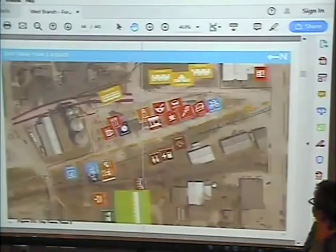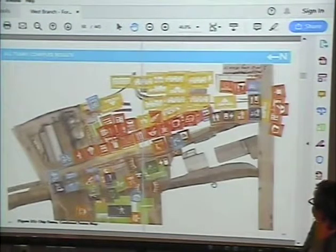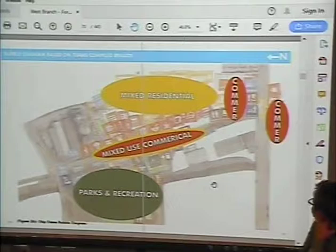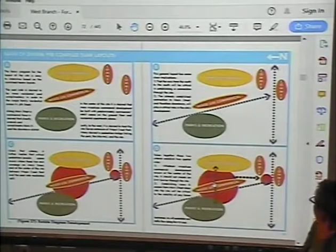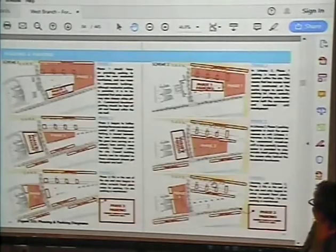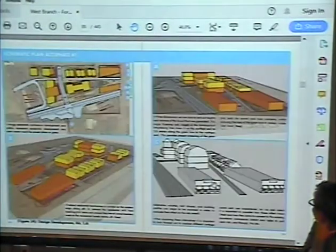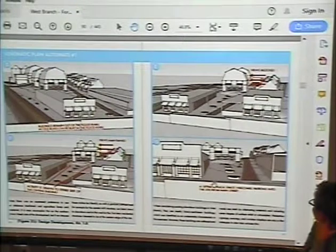This was team 1, this was team 2, this was team 3, and this is all of them mishmashed together. So you can see the desire of the citizens was pretty consistent. That's how we came up with this bubble diagram to guide the design. And then we noted important axes, barriers, and view sheds that need to be maintained. From that, we sketched out 2 different schemes and then started testing those in 3D, looking at pros and cons, looking at views that we want maintained,